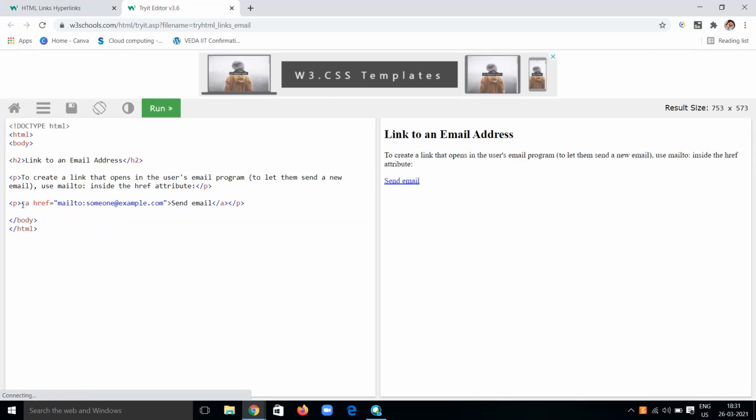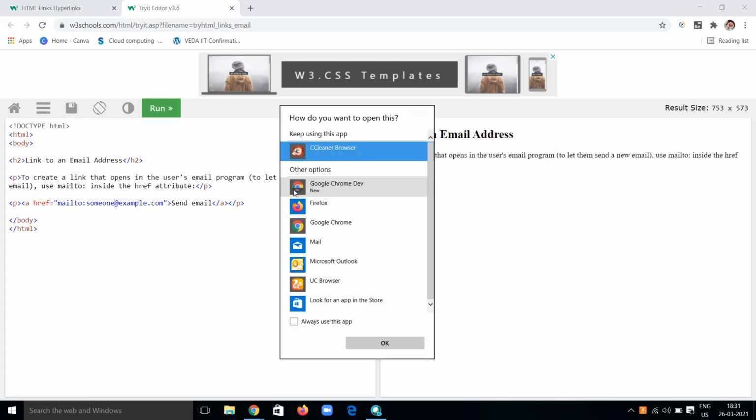So here I'm using the a tag, in which href is equal to mailto, and someone's mail is mentioned here. If you click on the mail, you create a link that opens the user's email program to let them send a new mail. If you click send, you will go to someone@example.com, which is not available.